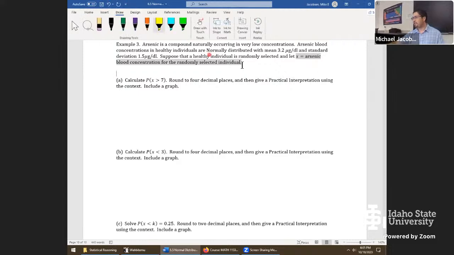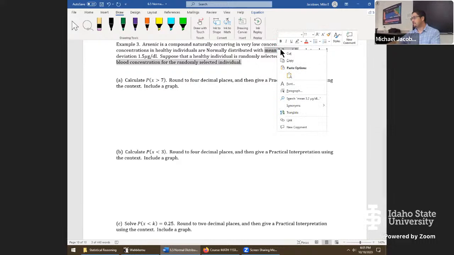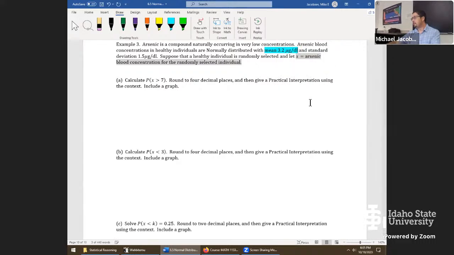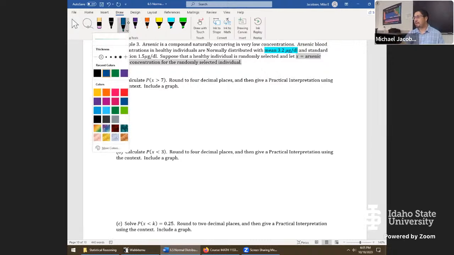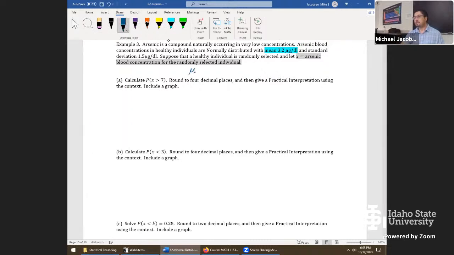Next bit of information we have here is they told us the mean is 3.2. I believe that is a unit of micrograms. It's kind of an unfortunate symbol there, so there's a carryover in the unit, which causes confusion. The actual symbol we're going to use for this, the mean of 3.2 micrograms per deciliter, we'll write it in as mu, that's our parameter or population characteristic,